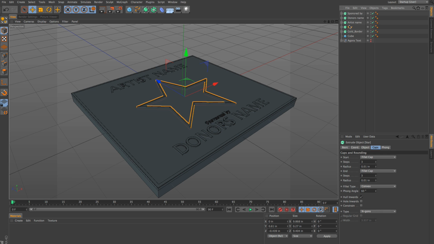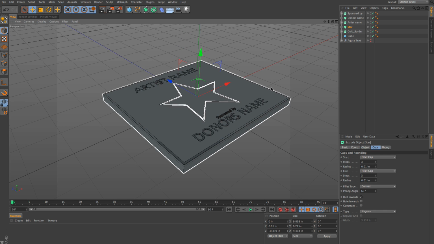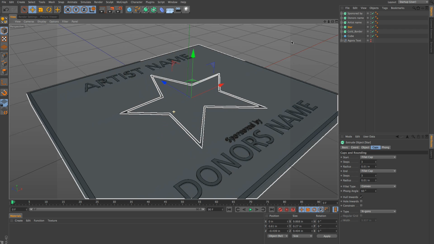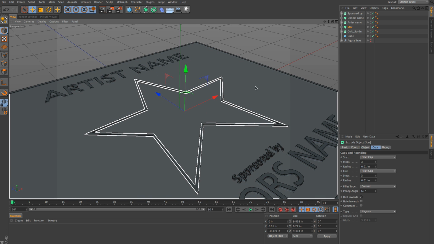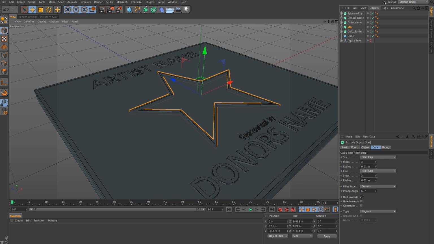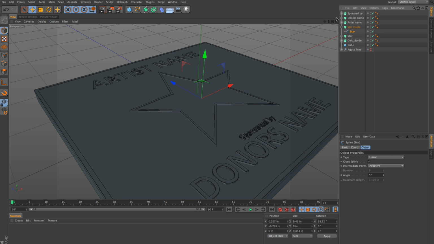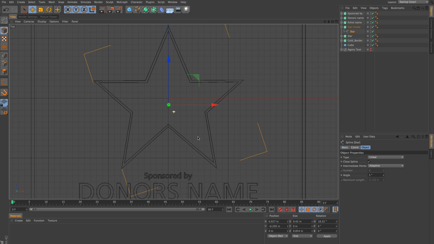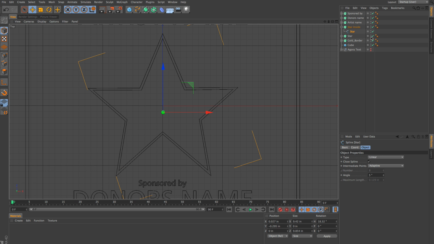Next thing I'm going to do is take this star, and we're going to have two separate textures from the base to the inside of the star. So I'm going to duplicate this star by holding down Command and then clicking and dragging until we see this arrow clicking to the left. And let's just call this star inside. And what I'll do is I'll grab this star spline, and I'll turn off this other spline,